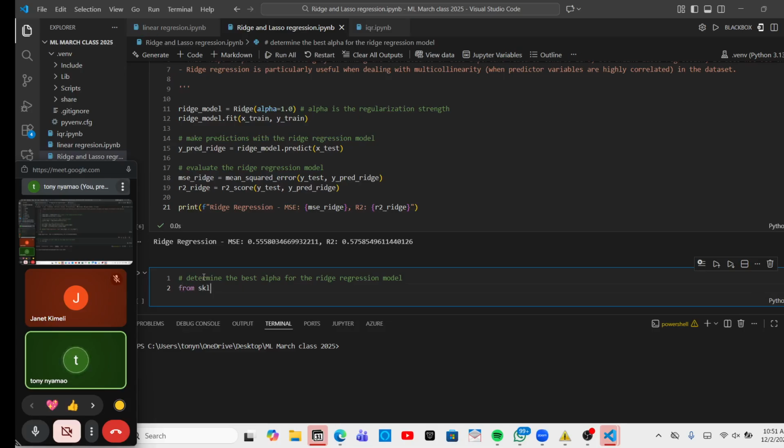So from sklearn.linear_model, we're going to import RidgeCV right there. Then after importing it, you can come up with random values of different ranges